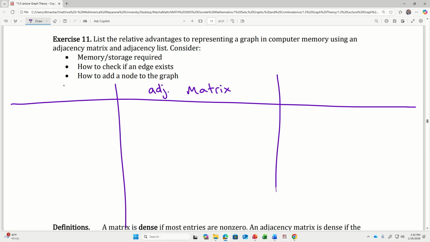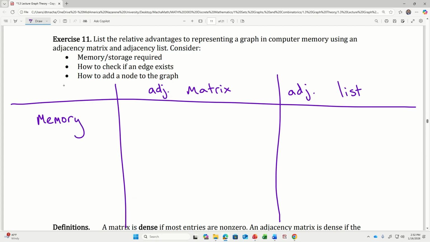And I could alternatively represent my graph in computer memory using an adjacency list. One of my considerations